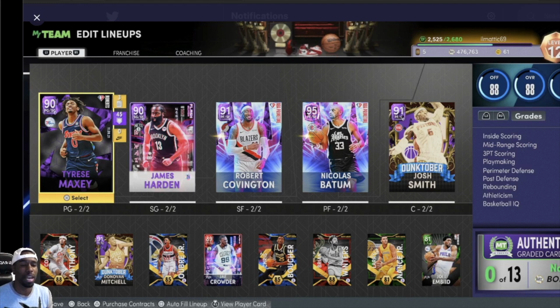And then if you want to get a backup power forward, I highly recommend getting yourself a Kawhi Leonard that can play there. He's going to go for about 20k MT. So we're at like 120k MT so far. And now you do need a backup center. I would possibly leave Chris there and try to bounce Josh Smith back and forth between there if you can with your bench. But if you do want to pick up another center from your bench, I definitely recommend picking